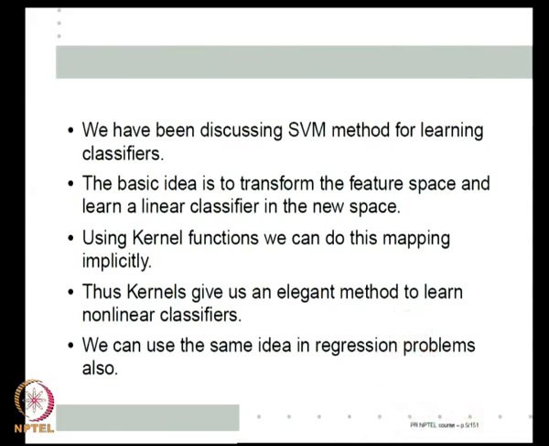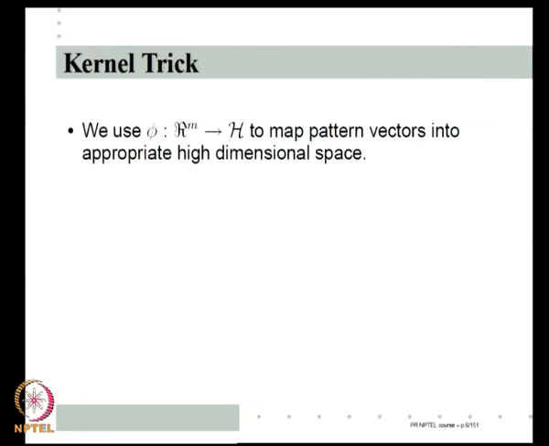So, let us basically recapitulate what the kernel trick is. Okay. The kernel trick is, if originally the feature space is m dimensional, let us say Rm, we are mapping the feature vectors from Rm into some other space, I call it H. It could be Rm prime most of the time, but let us just call it H, which is some appropriate high dimensional space, a vector space in which there is an inner product defined.